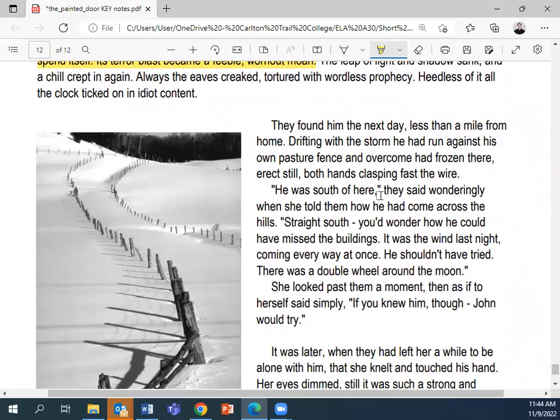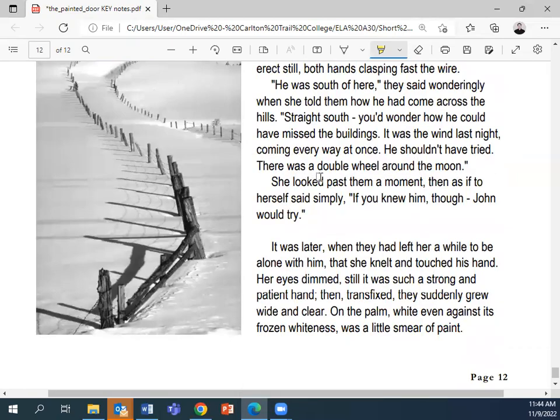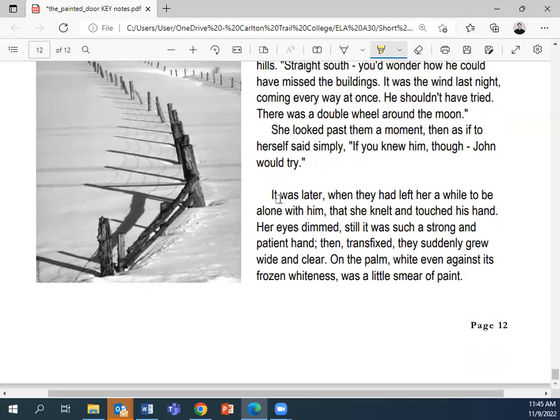He was south of here, they had wondered, when she had told them how he had come across the hill straight south. You wondered how he could have missed the buildings. It was the wind last night, coming in every way at once. He shouldn't have tried. There was a double wheel around the moon. She looked past them for a moment, and then as if to herself, she said simply, "If you knew him, though, John would try." It was later, when they had left her for a while to be alone with him,